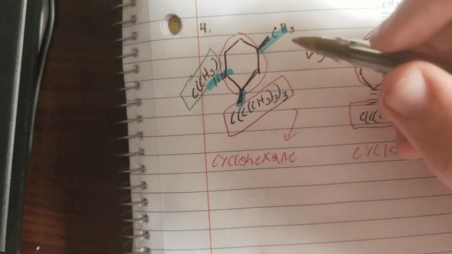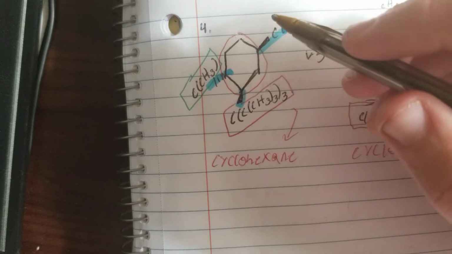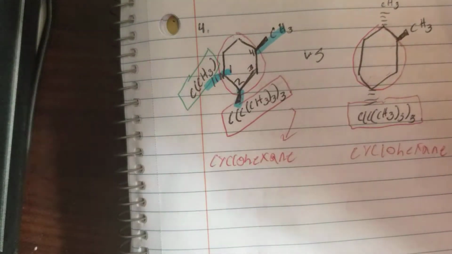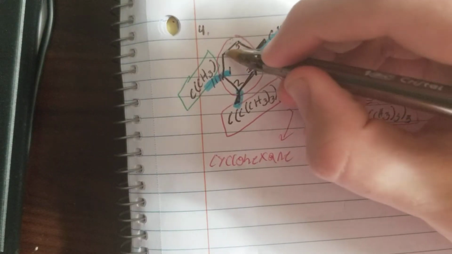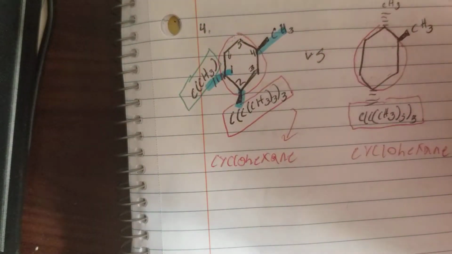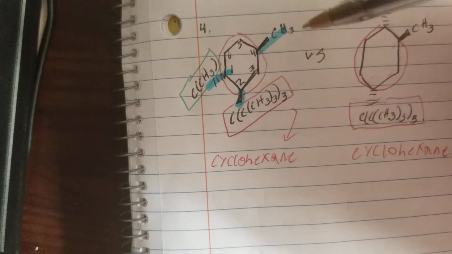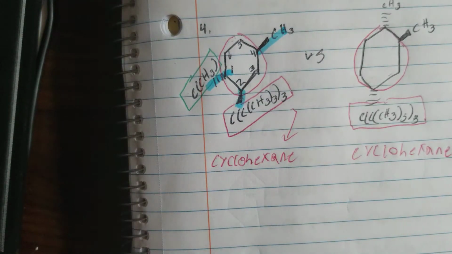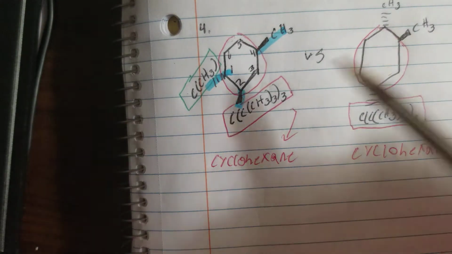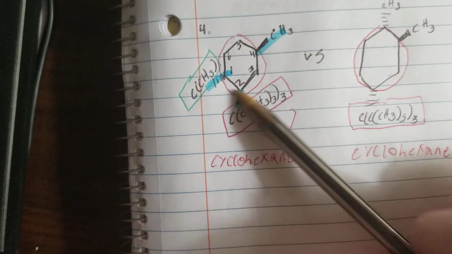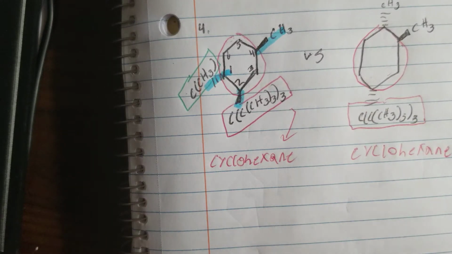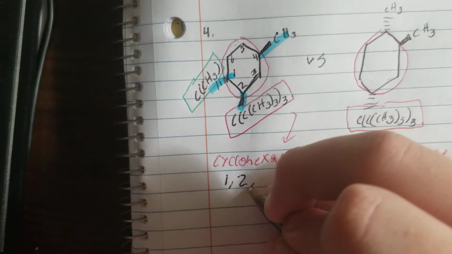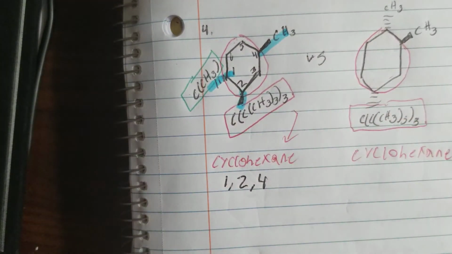And so by numbering, I can determine that the numbering system will be something like this. Of course you could number it every way under the sun, but for simplicity's sake, since this is already a very, very complicated question, it's best to just number it off camera and find out the best numbering system here. Alright, so we have a substituent at 1, at 2, and at 4 for this,